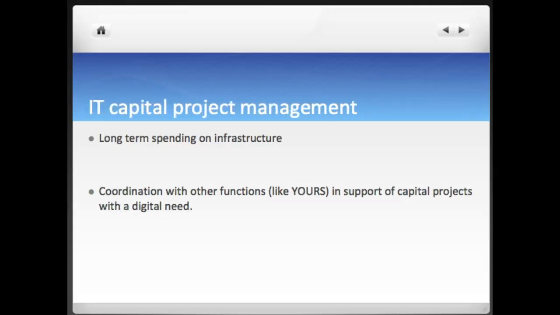IT capital project management, pretty simple. Long-term spending on the infrastructure, making sure that your network is not working like a network of 1985, but they need to understand how often that needs to be dusted off, how often and when to do upgrades, and do you do it in a phased approach where you're doing it building by building on a large campus, or do you shut your company down for a week while you rip the network out? Putting in new network components and upgrading networks is a very complex thing. Normally you're running parallel systems so that everybody can keep working, right? And planning the capital, the money it takes to do that, it's much more expensive.